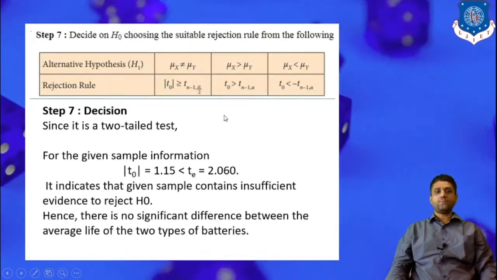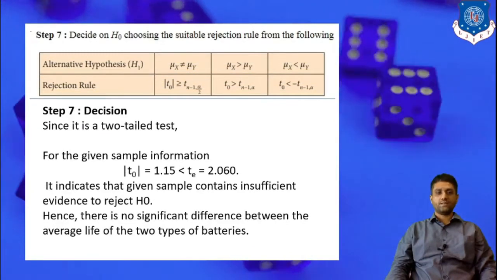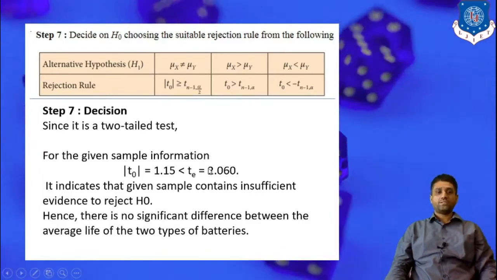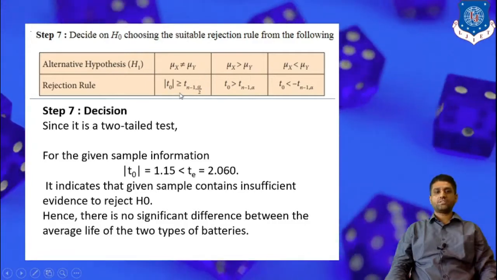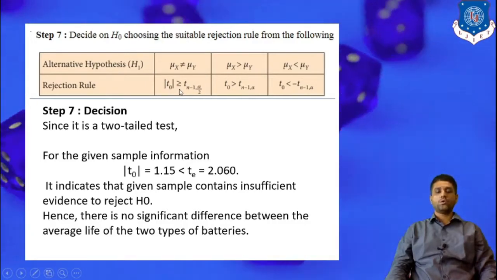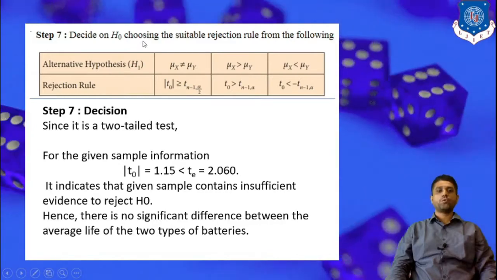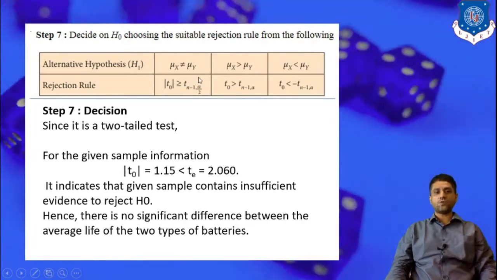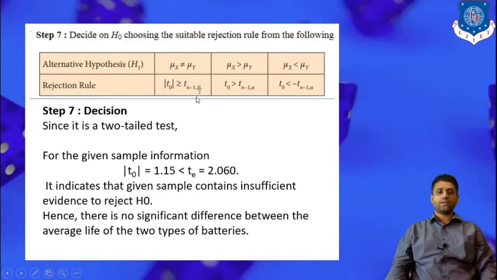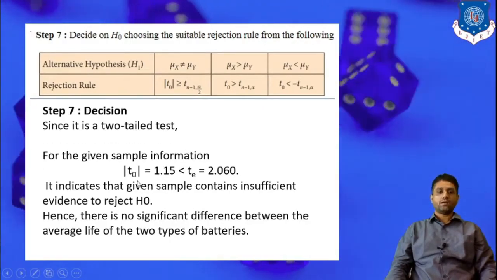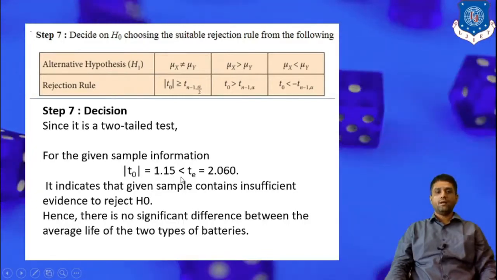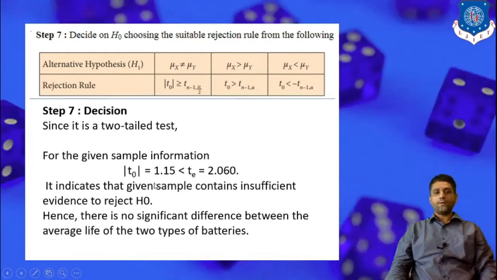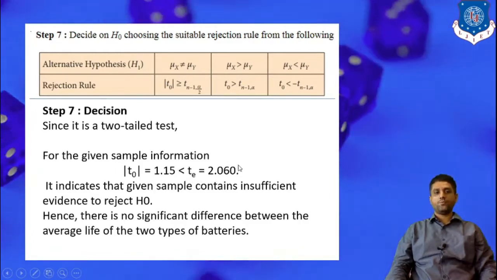So finally, in step number 7 we give our decision. If our t value, that is the t statistic, satisfies this condition, that is the observed t value is greater than or equal to the experimental t value, then we reject the null hypothesis. If it does not satisfy this condition, that is, it goes against this condition, then we do not reject the null hypothesis. So see here, our observed t value is 1.50 and the experimental, that is tabulated, t value is 2.060. So definitely the observed t value is less than the tabulated t value.